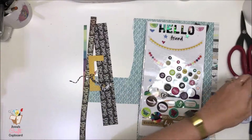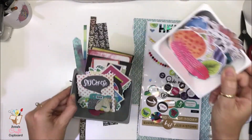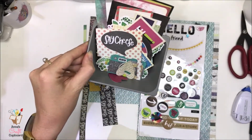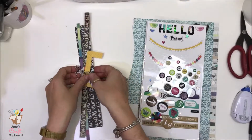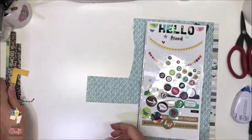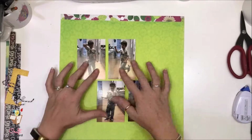I've got my 2 die cut packs over here. This is the Field Notes ephemera, and this is the Colour Kaleidoscope Labels ephemera. So I'm going to start building my page. I hope you enjoy. Alright, so I'm back, and as you can see, I'm just laying my photos out in